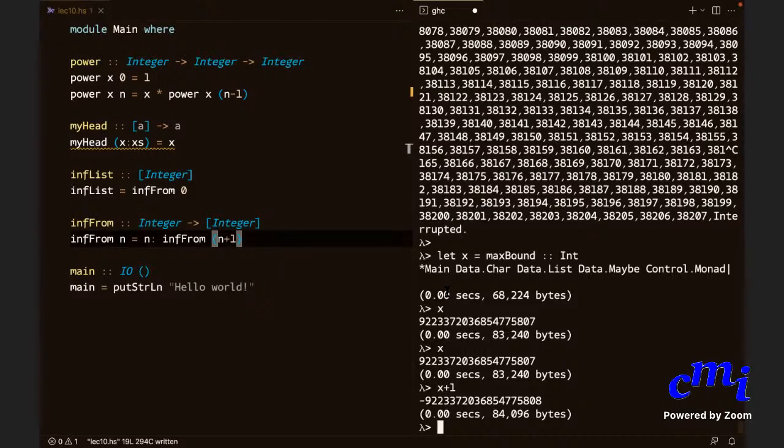Memory. What's the use of having an infinite list? Very good question. What is the use of an infinite list? Very good question. Very nice question. Okay. We'll come to that. So,